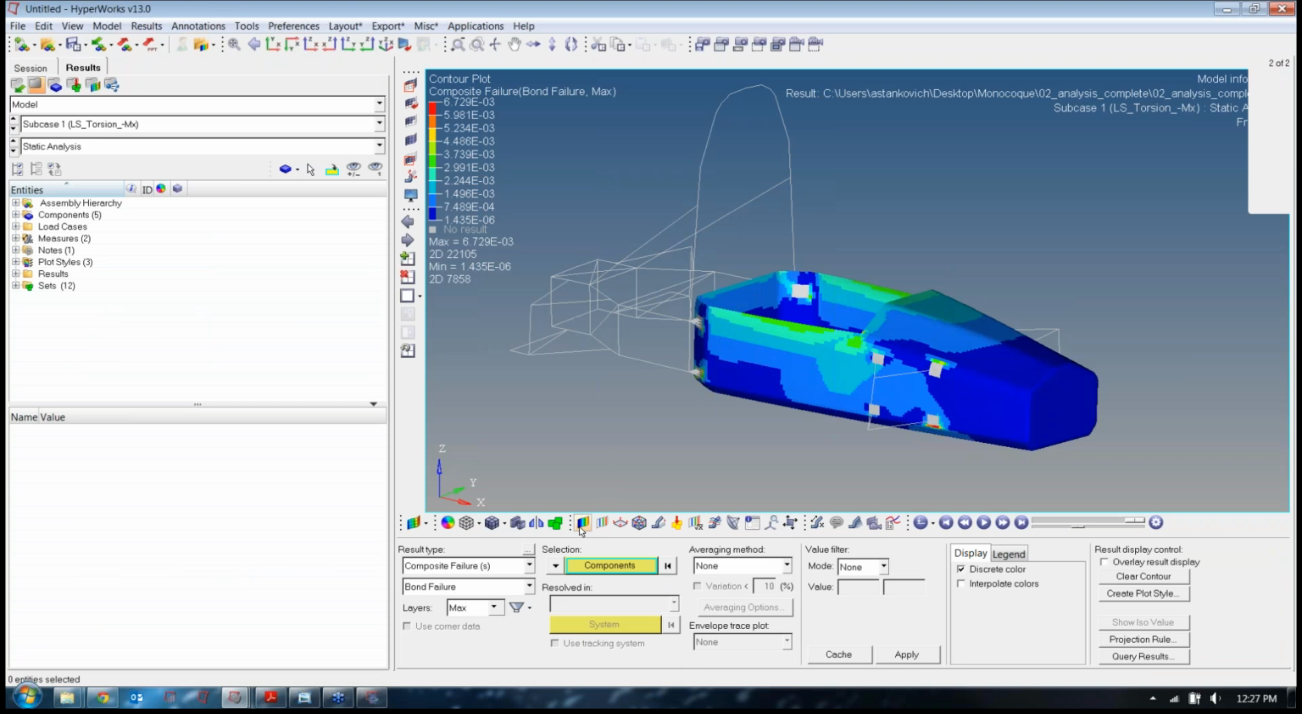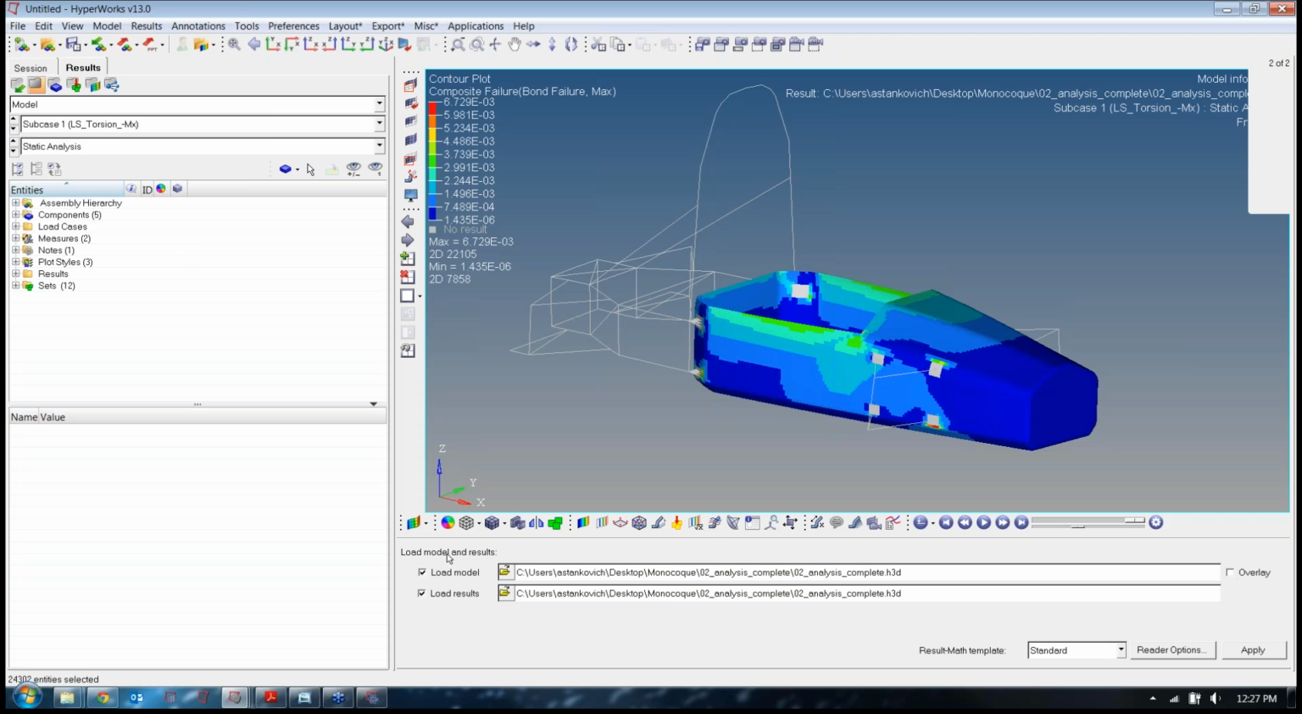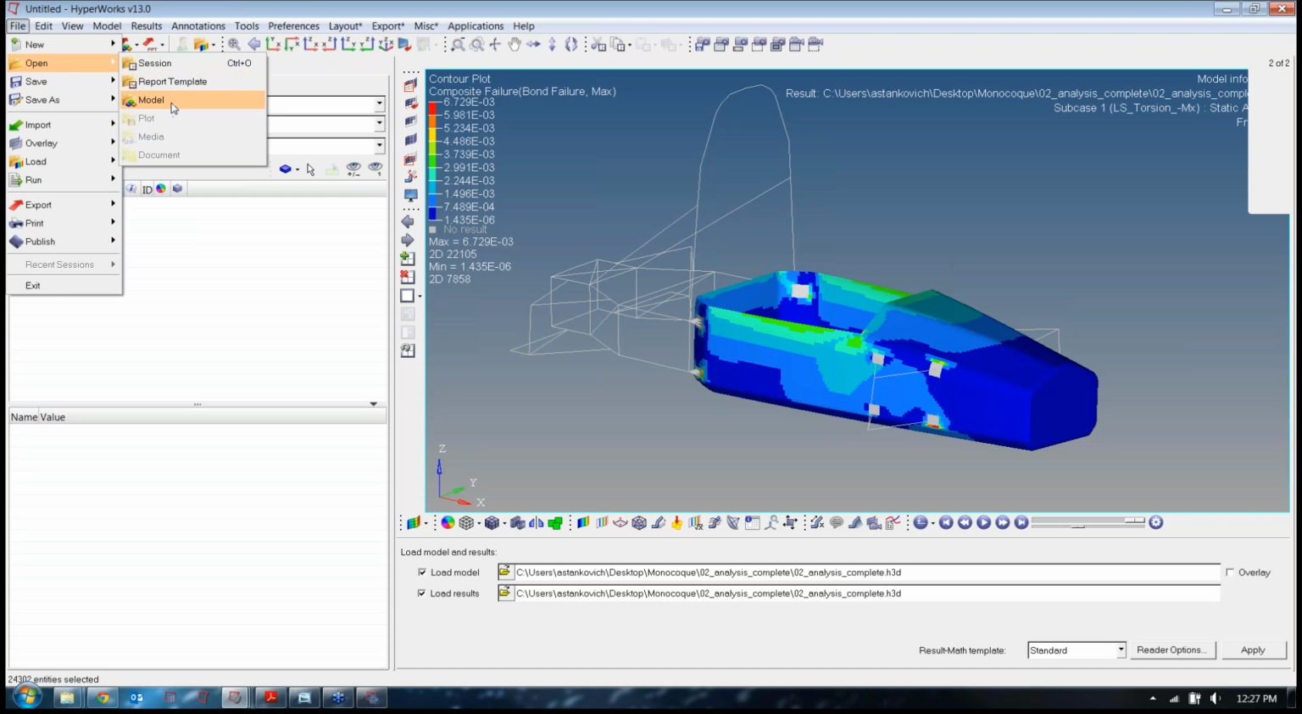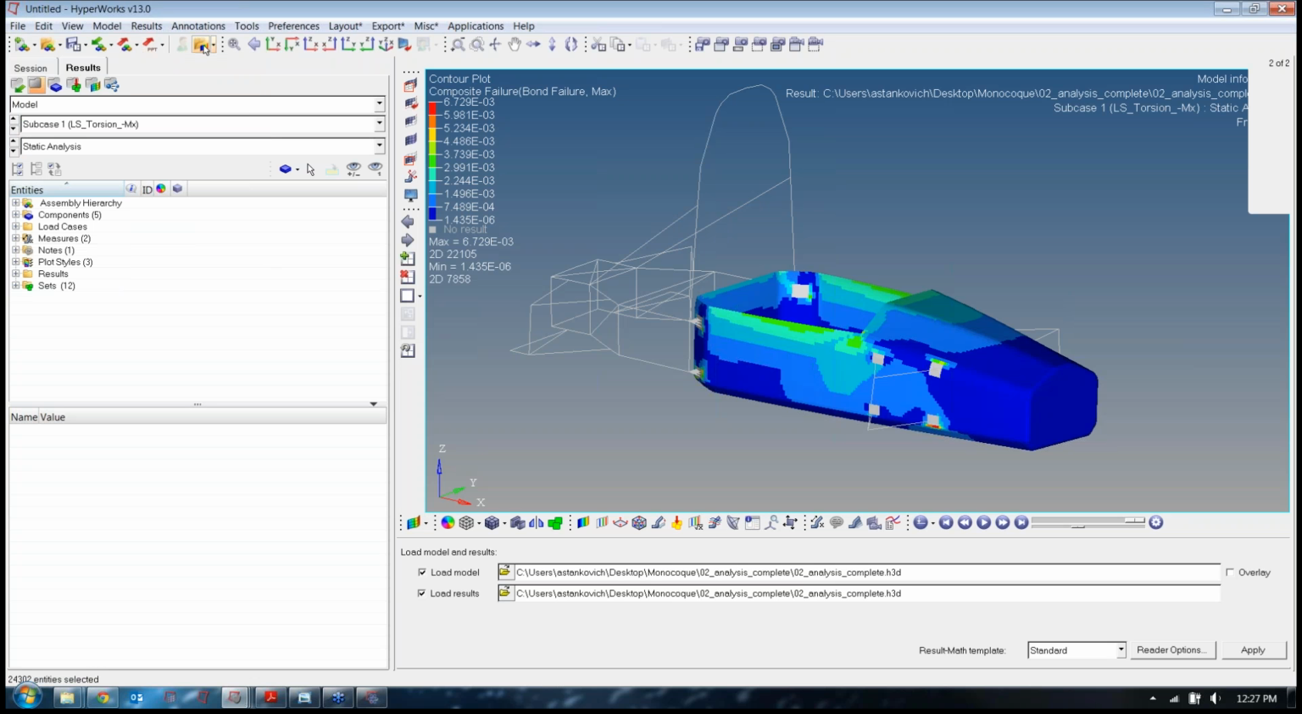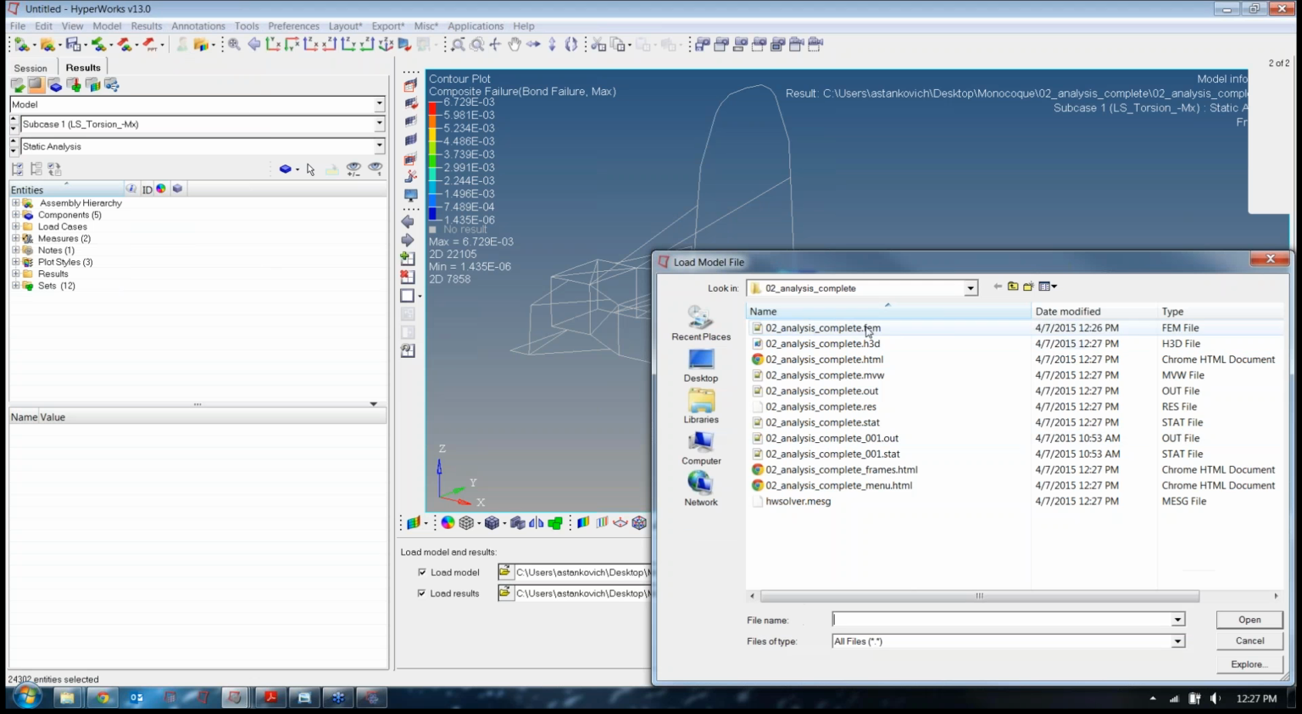And so I just wanted to show you the results. What I've done is I've created a new page in HyperWorks Desktop, and I've loaded up the HyperView profile. Within that, you want to open your results, so you can either do File, Open, Model, or you can click on the Open Results tab here, and you'll browse to the folder where you ran